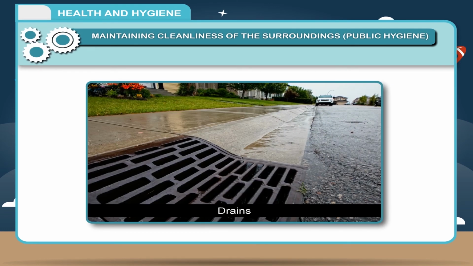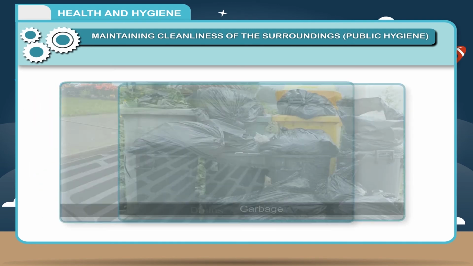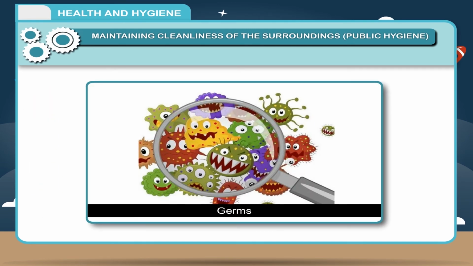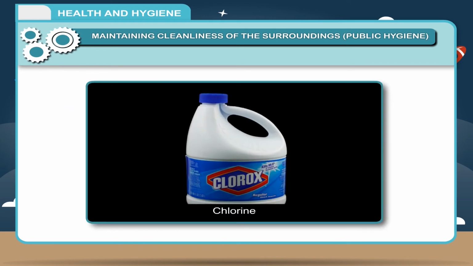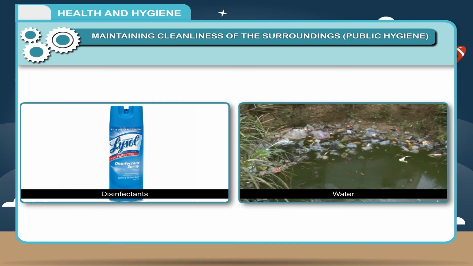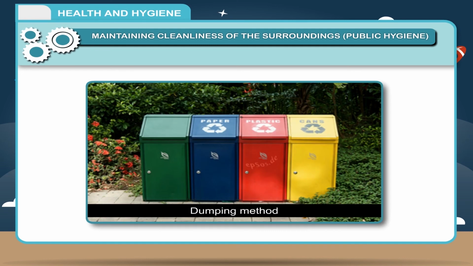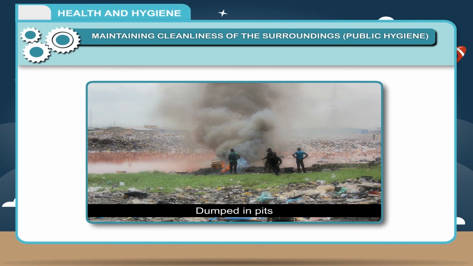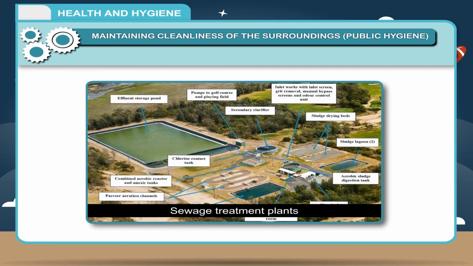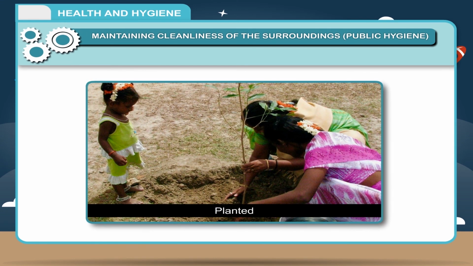3. All public drains and garbage must be covered and some disinfectants should be used. 4. Water should be kept free from germs and microorganisms by using chlorine or bleaching powder. 5. Spray disinfectants over stagnant water so that the mosquitoes do not breed there. 6. For sewage disposal, a proper dumping method should be followed. Waste materials should be dumped in pits, techniques of composting should be used, and sewage treatment plants should be installed. 7. Avoid defecating in the open. 8. Trees